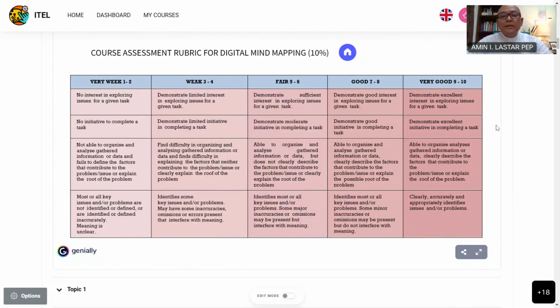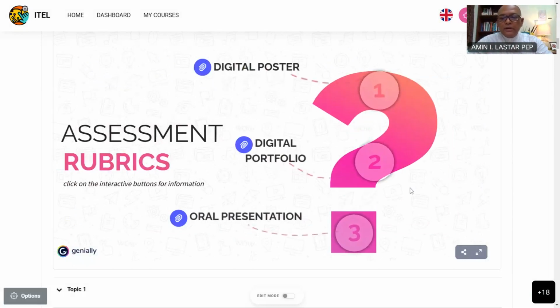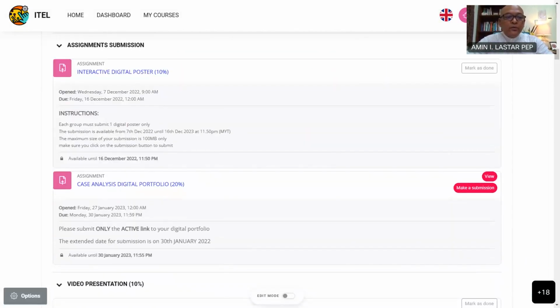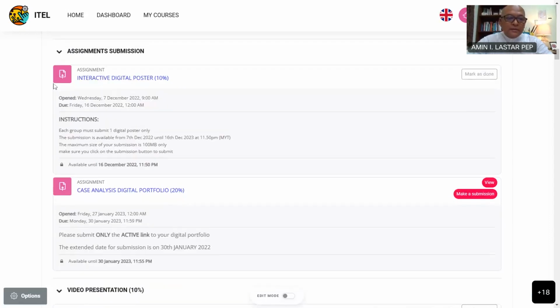So at least they know how their marks come from, or which direction they are heading to. The same goes for the other two assessment rubrics as well. And this is the folder for the assignment submissions that I have created for them. I'm using this icon here, pink, under e-assessment.